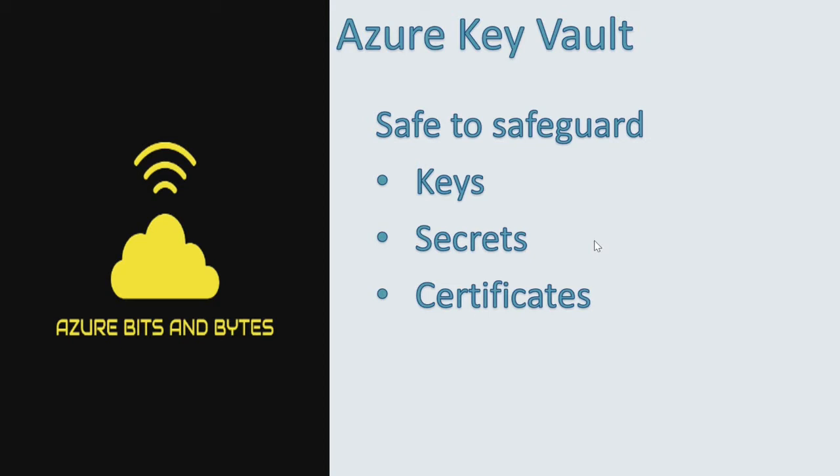So to put this in perspective, let's take an example of a storage account where you would use an access key to access the storage account. So this access key can be a secret which is kept within the Key Vault. Similarly, taking other examples like Azure SQL, where you may have a connection string containing your data source name, database name, username, and password, that can also qualify to be a secret within Key Vault. So you can keep all these configurations or connections in the secrets of Key Vault.